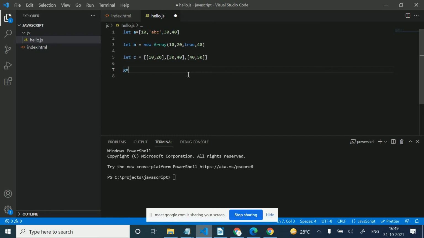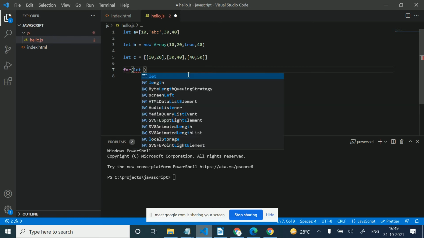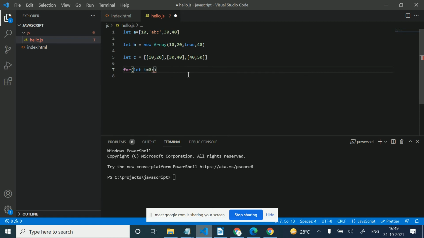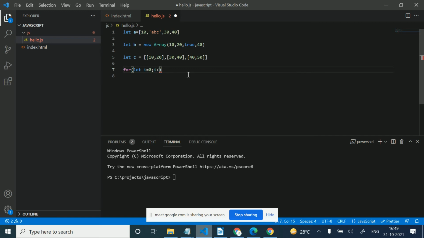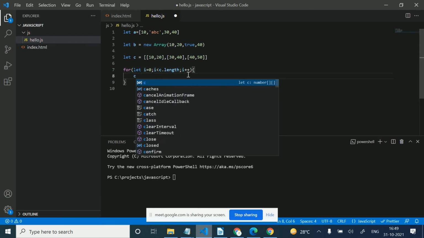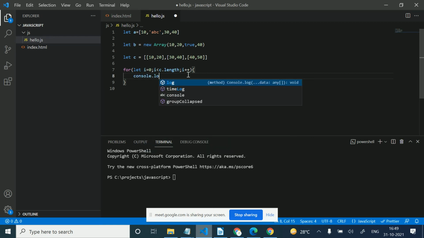There is a for loop here: let i equal to 0 and i less than c.length and i plus plus. console.log array c, and I'm just passing the i here.